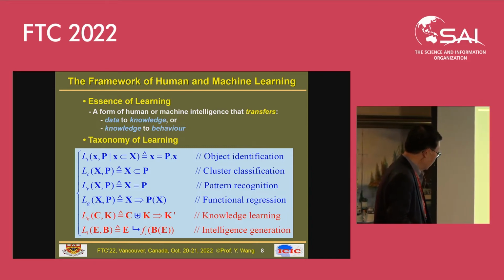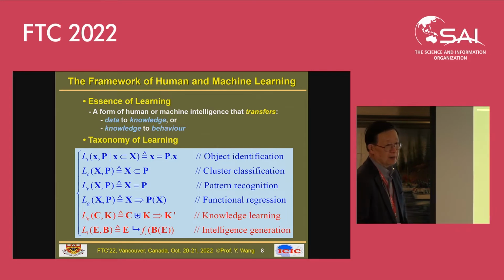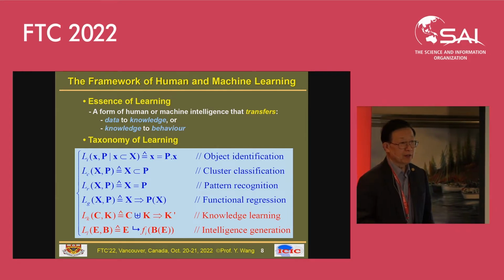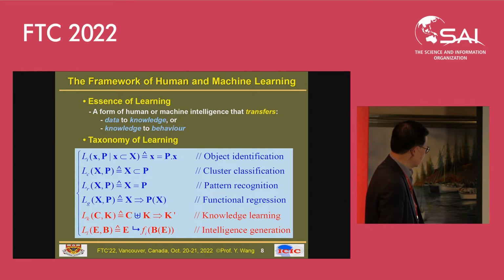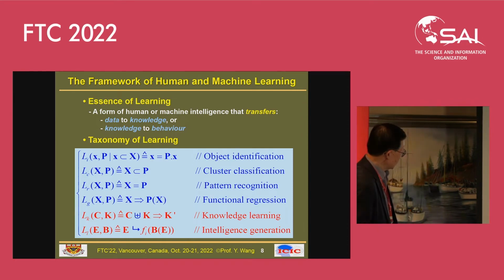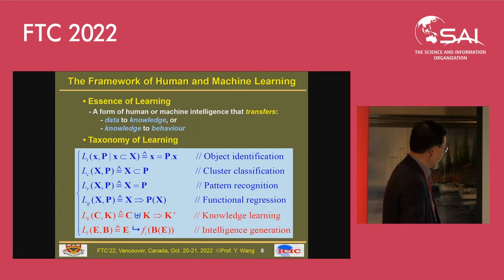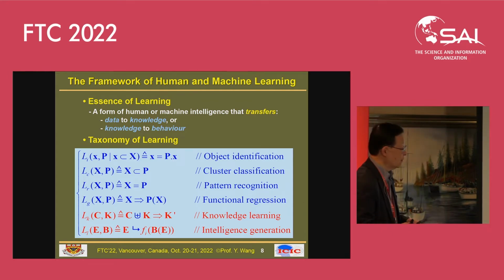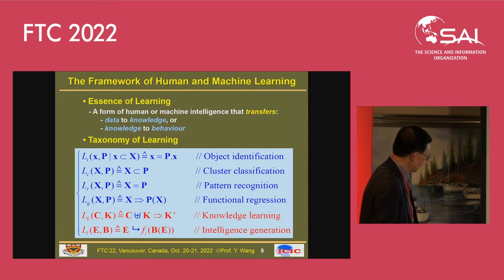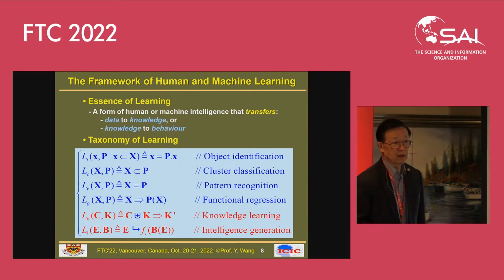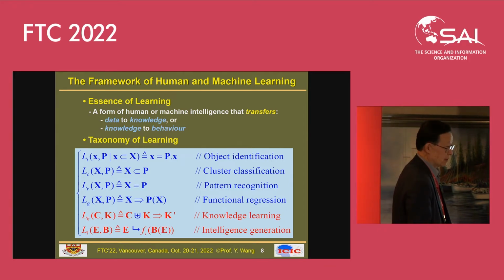Another thing we need in the future is intelligence generation. We want machines eventually to be able to generate intelligence based on knowledge and other capabilities that would help us solve hard problems, do reasoning, and find new things. That's the major thing in human learning. The machine should be able to do this in the future. Otherwise, it is still a data-driven technology. It is not that powerful.